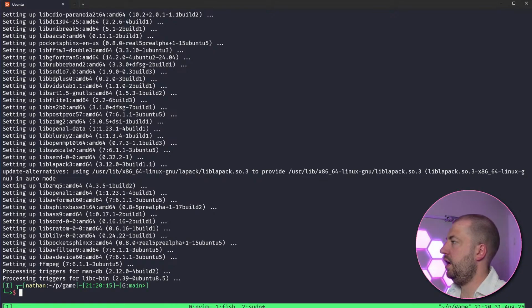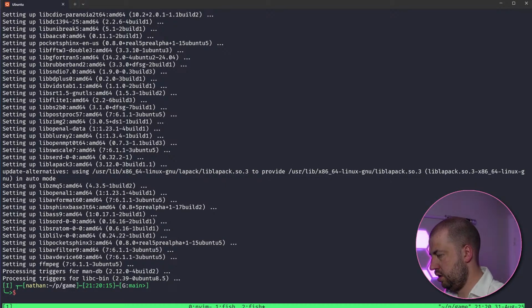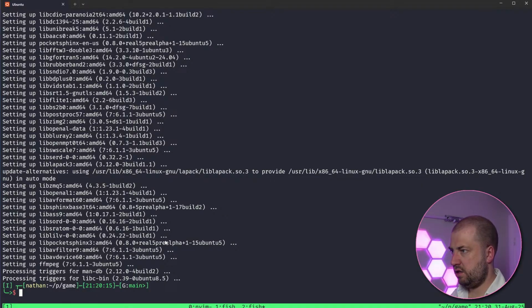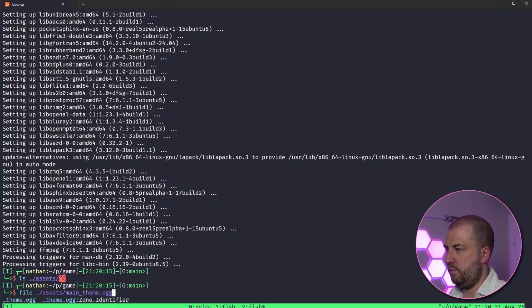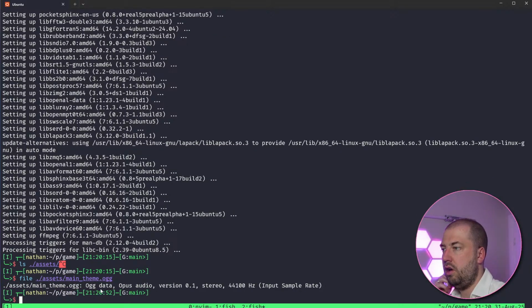Okay, so let's do this. Let's copy this to home, me, projects, game, assets. Stick this in here. So I have in assets, just called it main theme. So this is indeed OGG data.